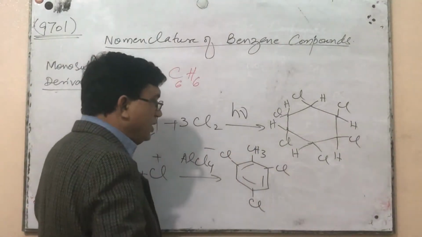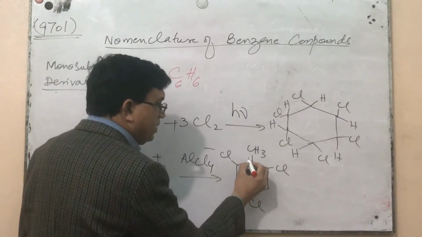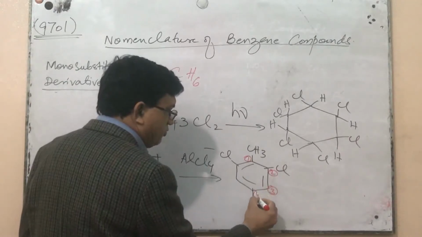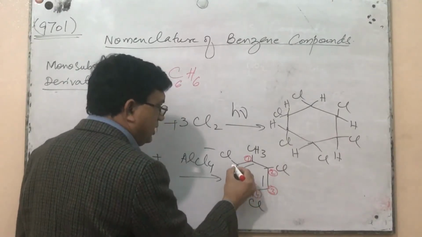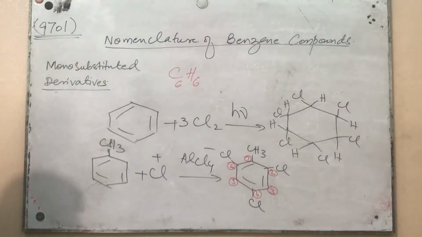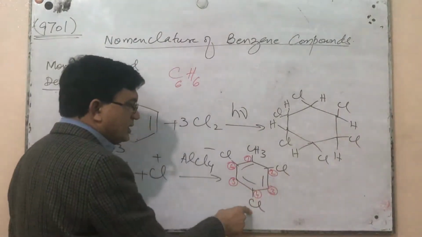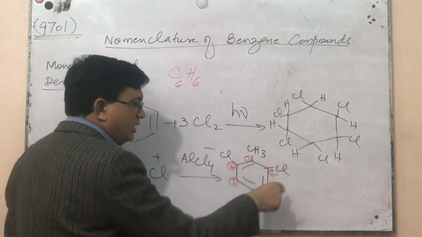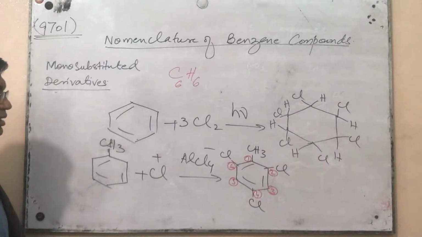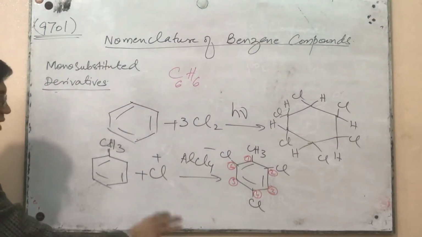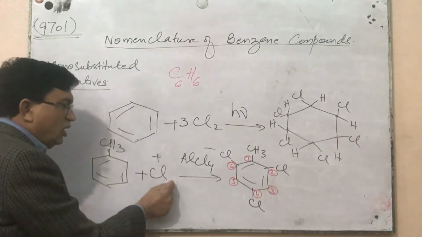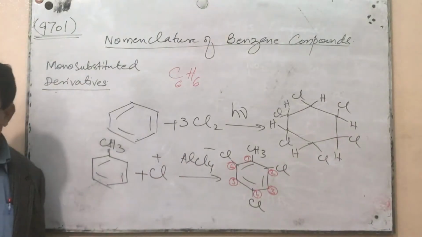2, 4, 6. Why 2, 4? Because if this is number 1, this is number 2, this is 3, this is 4, this is 5th, and this is 6th carbon atom. The answer will be 2, 4, 6 trichloromethylbenzene. This will be the product if we treat methyl benzene with chlorine in the presence of a catalyst FeCl3,